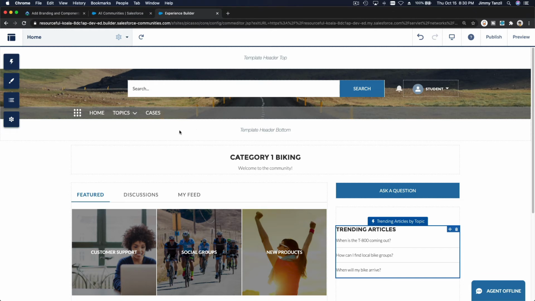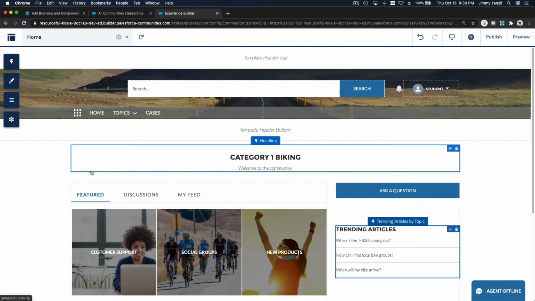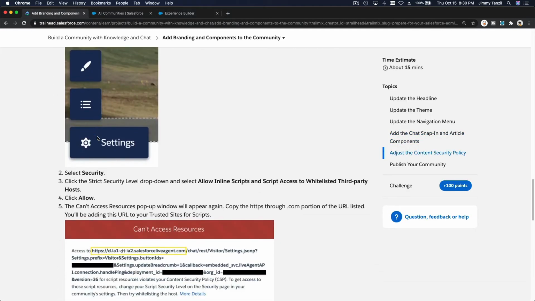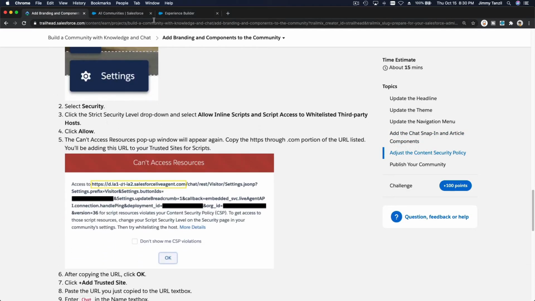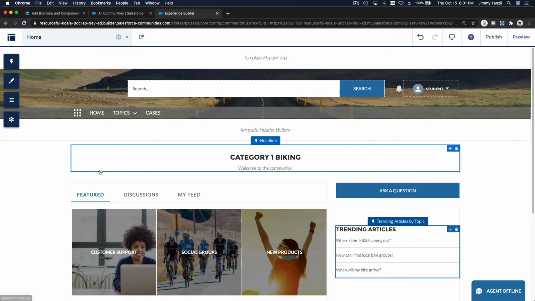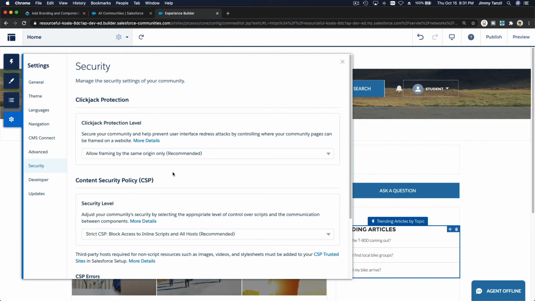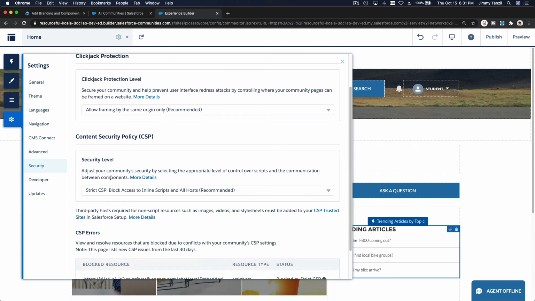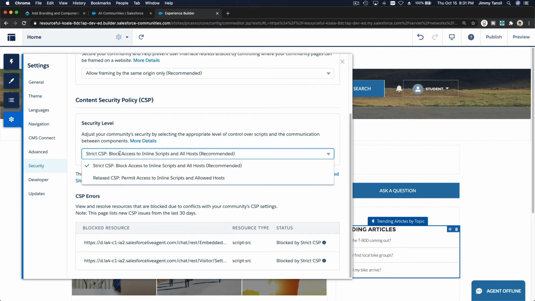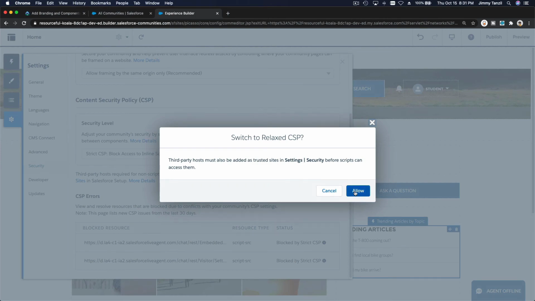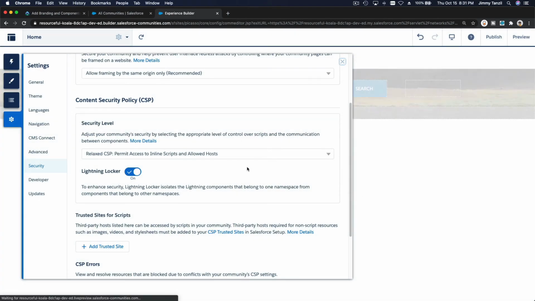Now we are going to fix that security error or warning when we drag the chat, the embedded surface chat. To do that, as instructed over here, click on security, and then we have to allow that restricted access. Back to the builder, I'm going to click on settings here, and then under security, you want to change your security level from strict to relax. Permit access to inline scripts and allowed host, and you hit allow over here. Okay,